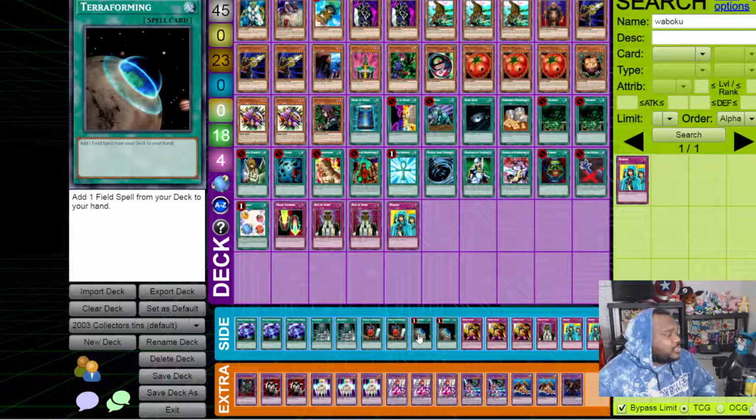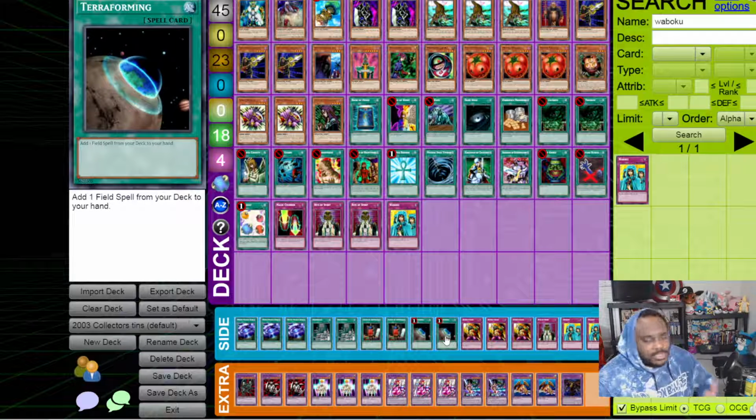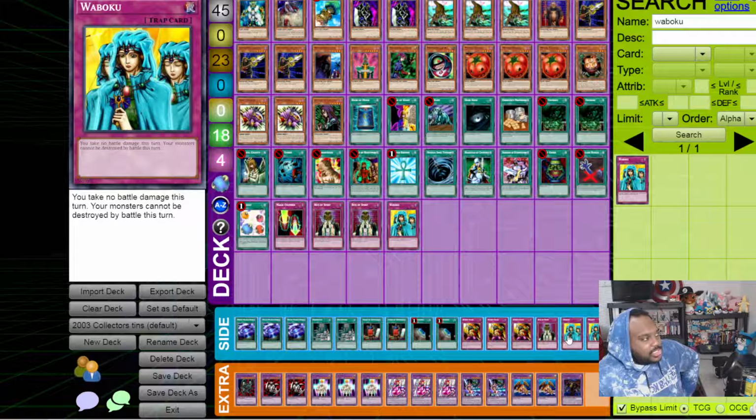2 Terraforming, I got 3 of this, but I decided to go 2 instead because that gives me 5 copies of Mystic Plasma. But it allows me to search field spell. And then, like I said, the bubble crash, if I need to. And that was not on Jinzo. Or Alex is just like, I'm just racing. So that is the deck, and I hope you guys are ready for some gameplay